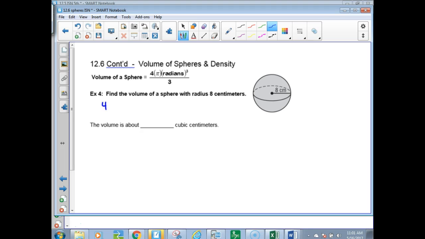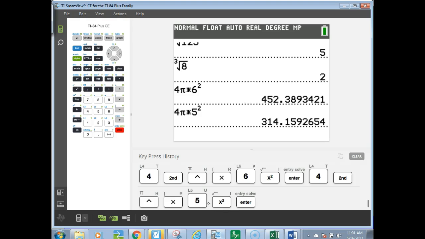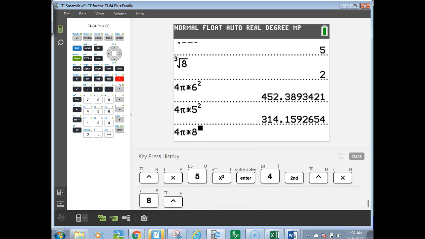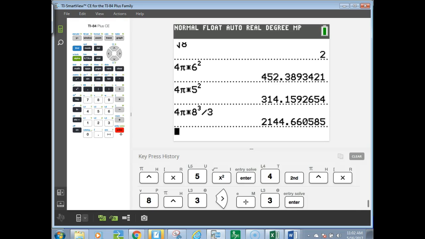So we're going to do 4 pi times 8 to the third divided by 3. And in case you're needing some help with typing that, 4 pi times 8, and what you do is you hit the arrow up key, and then put in 3 for cubing it. If you have a fancier, newer calculator, you're going to have to arrow out of there before you hit divide by 3. If you have one that's in my 30 calculators back there, then you don't have to do that. It's an older model,